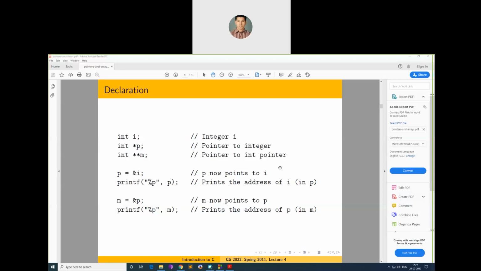Initially, I will show the basic pointers and how you can allocate memory using malloc and free. Then we'll see functions, character strings, pointers and files. Then we'll continue with the data structures.